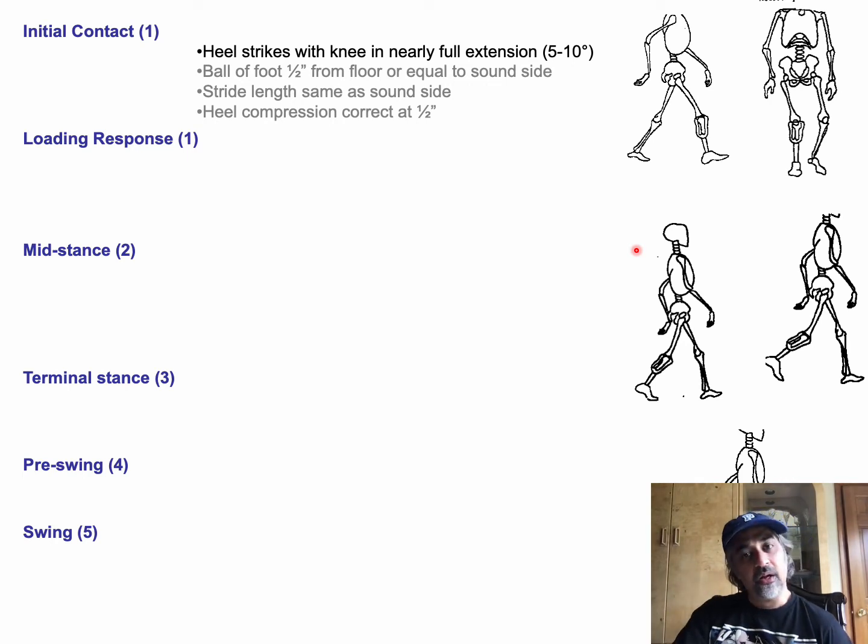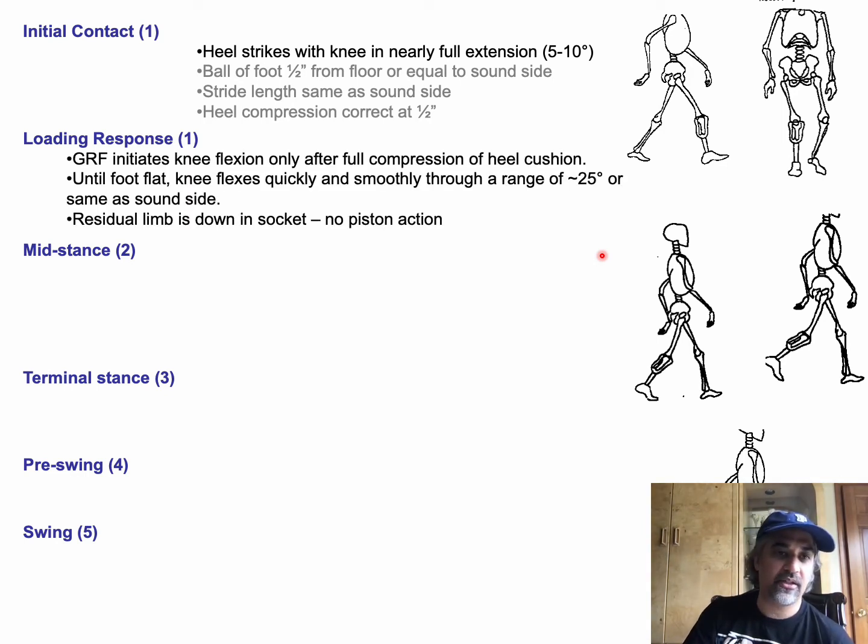There may be about 5 to 10 degrees of flexion there. The second phase is loading response. This is where the stance limb is accepting the weight from the now swinging other limb. So the ground reaction force initiates knee flexion only after full compression of the heel cushion that is in the foot. Until foot flat, the knee flexes quickly and smoothly through a range of approximately 25 degrees, or the same